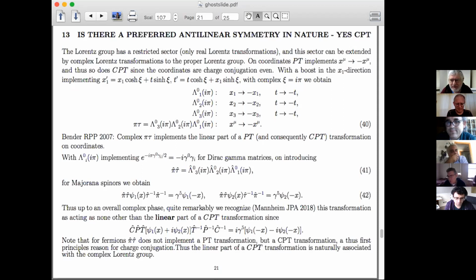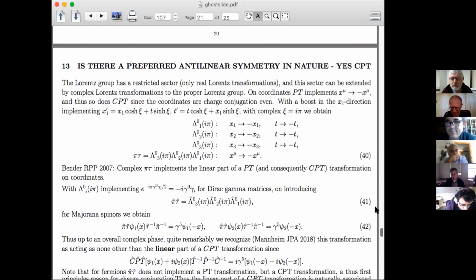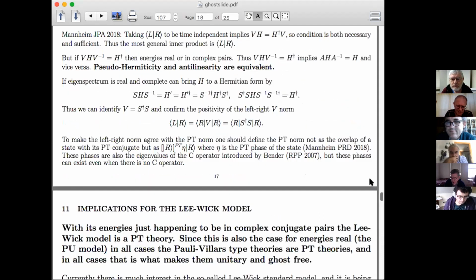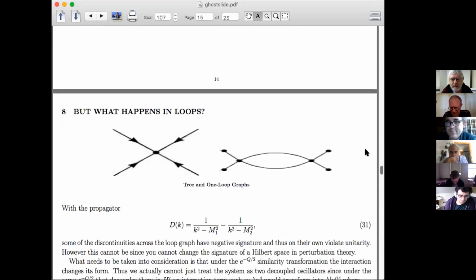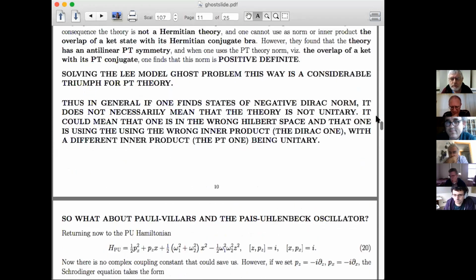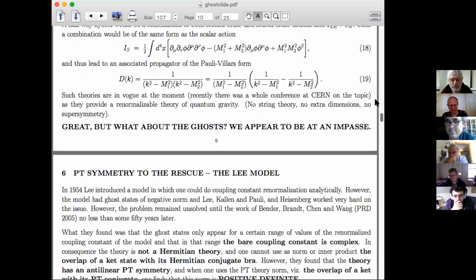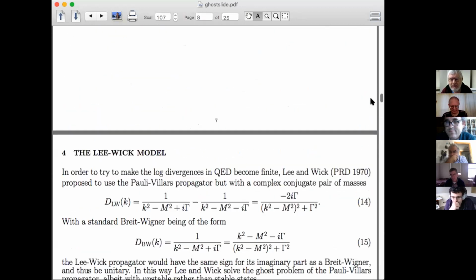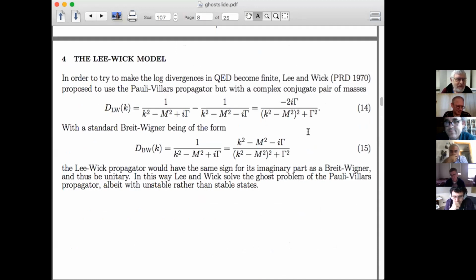Yeah, in fact, it is very clear to me that when you try to define what is meant by an inner product in the broken region, when you have complex energies, that inner product has to involve ingredients from both states, the state and its complex conjugate. Exactly. Yes, in fact, it's basically what Lee-Wick are doing without saying so. Yeah. It's the interplay which generates the correct phase. Absolutely. I'm sorry. So Frida, yes.